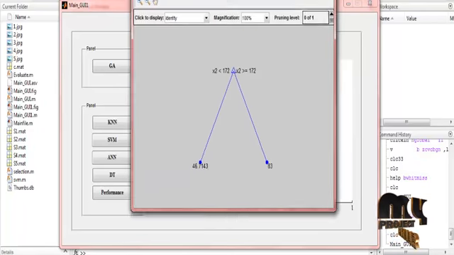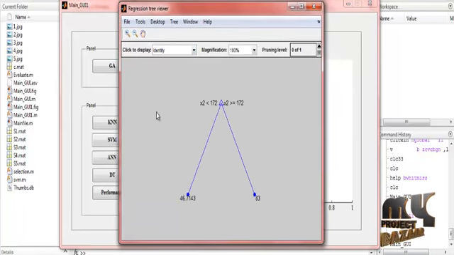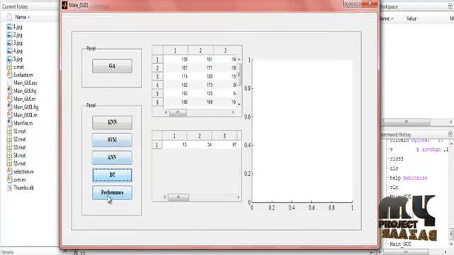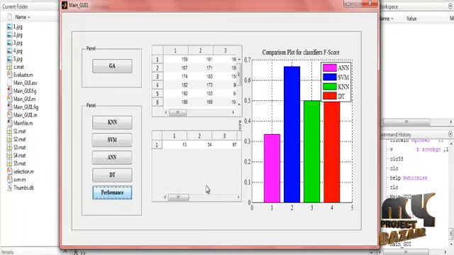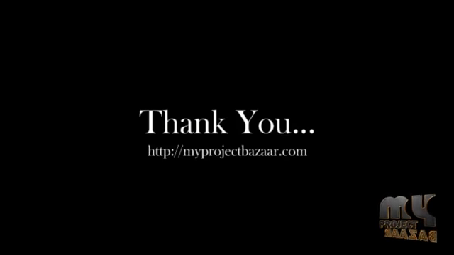For the decision tree process, there is the regression viewer, so the tree will be shown. Again, finally performance. The performance view compares all the values. Comparing all the processes, the SVM is high for the F score. So this is KNN, decision tree and ANN. Compared to all of these, SVM is the best. So this is the overall running procedure for the process. Thank you for listening to this video.